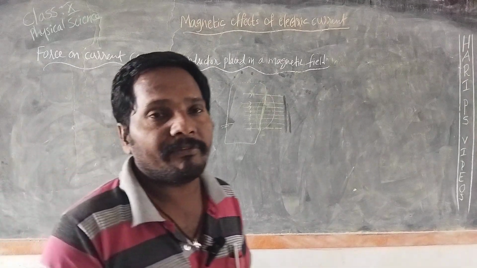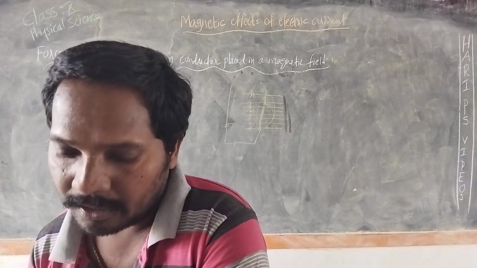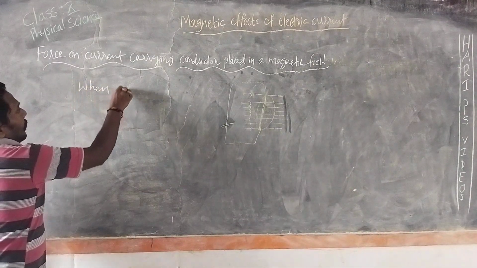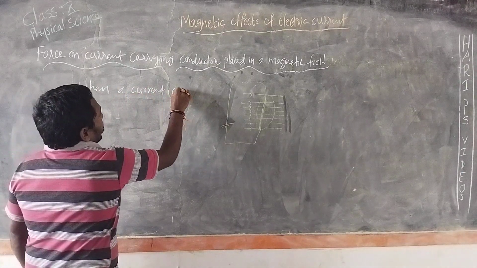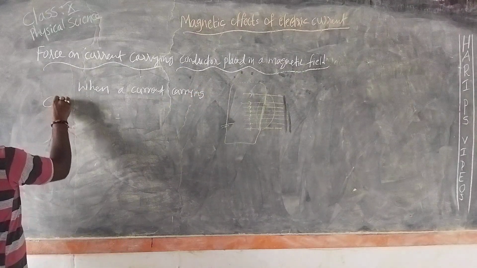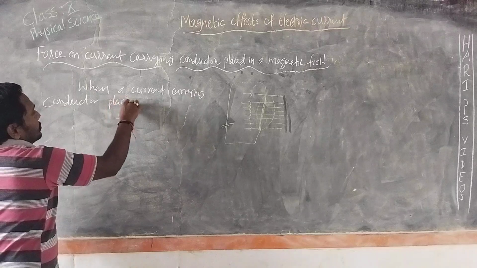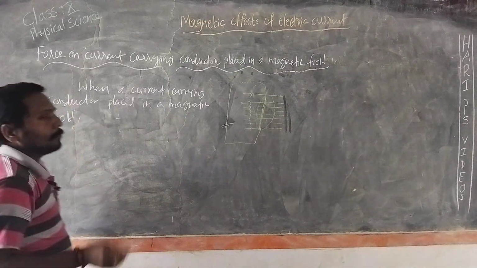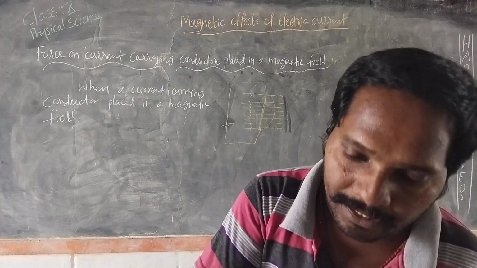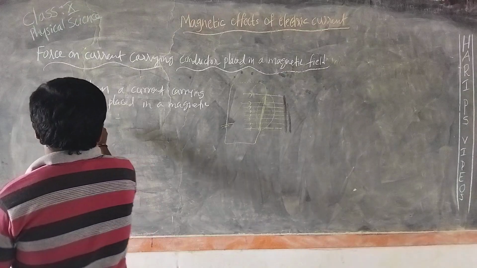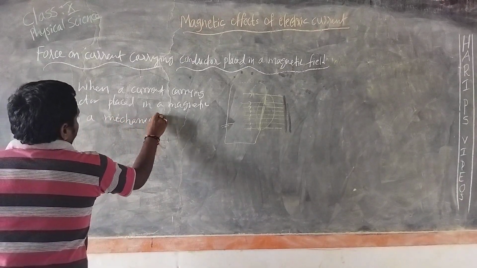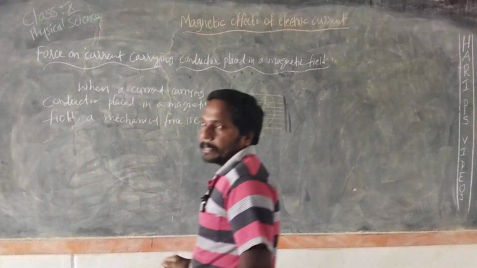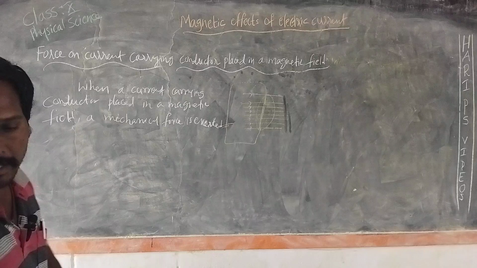Michael Faraday discovered that when a current carrying conductor is placed in a magnetic field, a mechanical force is exerted on the conductor,